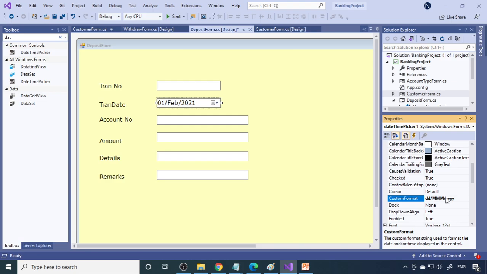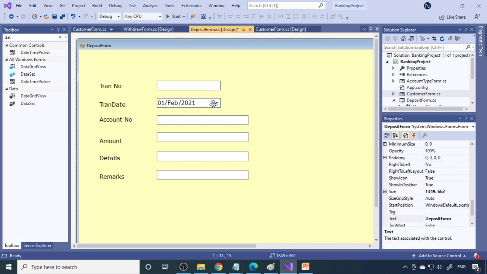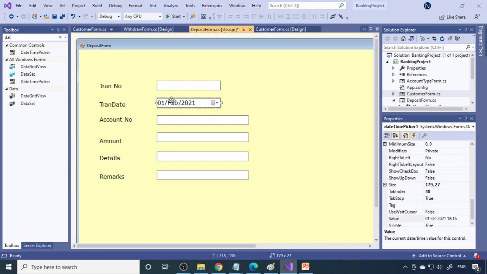So dd mmm yy will give you the dd, that is a day, month mmm, that will give the month. We can give 2 also. Then it's confusing because when you're transferring, sometimes it will take month as a date, date as a month. All confusions will be there. So in order to avoid this, it's always better to give mmm. Mmm will give the month in the letters. Done.